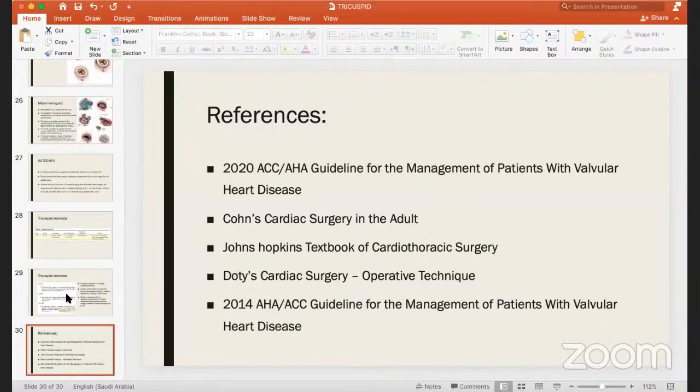Thank you, Dr. Zahra, for your comprehensive presentation about TR, repair and replacement. And also I would like to thank Dr. Farid for joining us today, and if he has a comment or participation in tricuspid valve indication and surgical techniques. Okay, I think Dr. Farid is away. So,